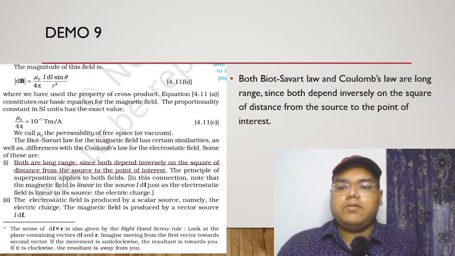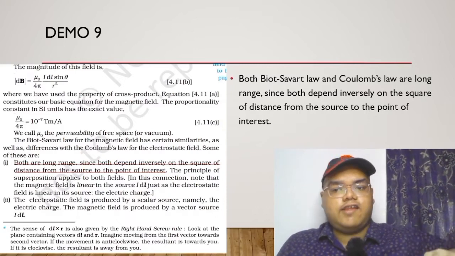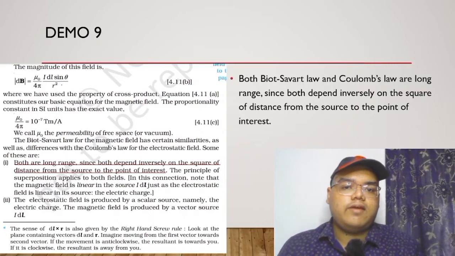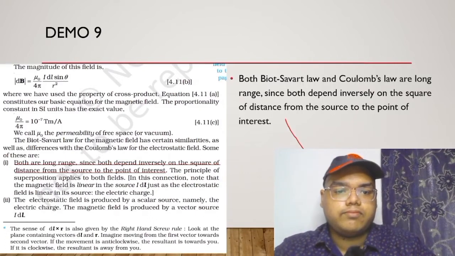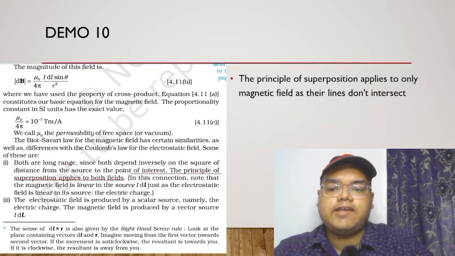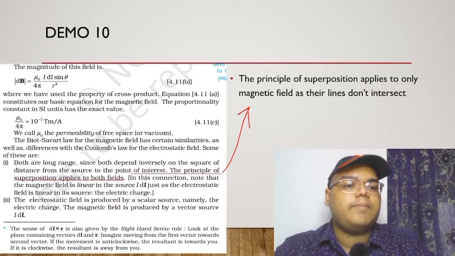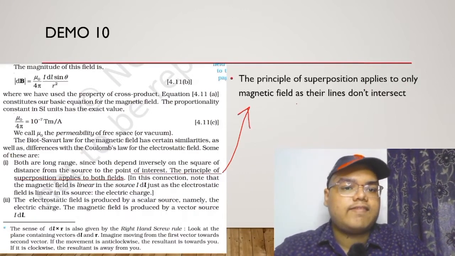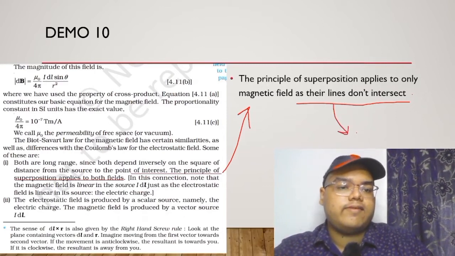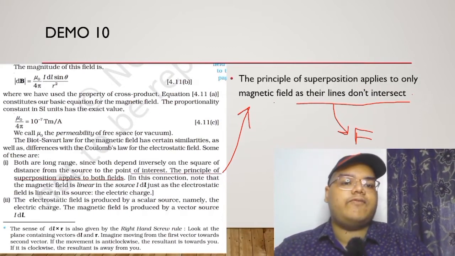Next, both are long range and they both depend on inverse square law of the distance from the source to the point of interest. I have written the same thing over here and it will be true. Next, the principle of superposition applies to both fields. Here I have made the true false question as: principle of superposition applies to only magnetic field as their lines do not intersect. So it will be false, as the lines of magnetic field as well as electric field never